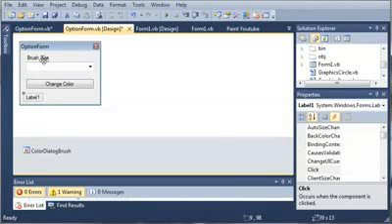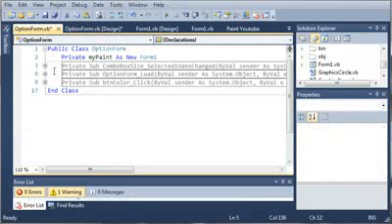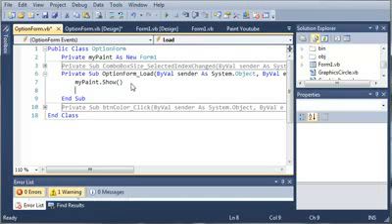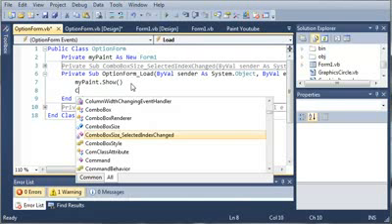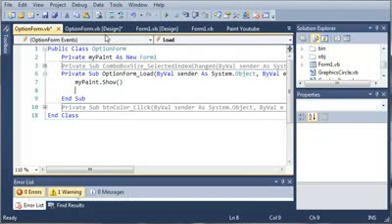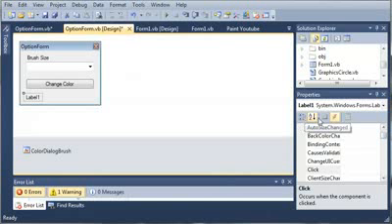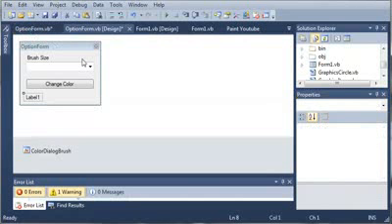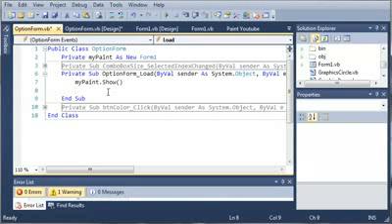Whenever option form loads, we want to set the label to the color. So let's first go back and change the name of it. So we'll say label 1, and we'll set the name to label color. So whenever option form loads, we want to say LabelColor.Text is going to be equal to